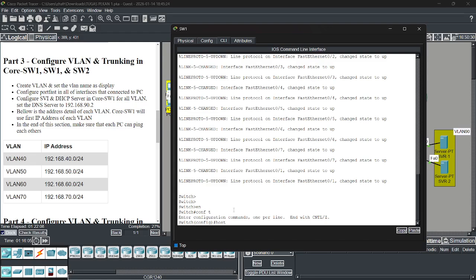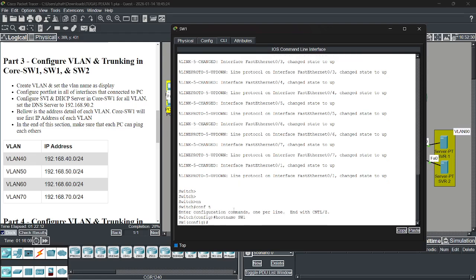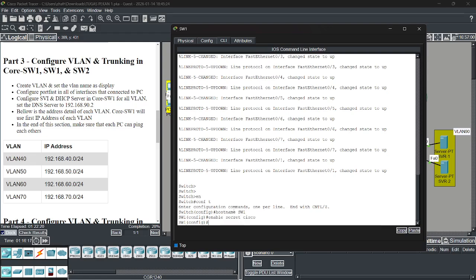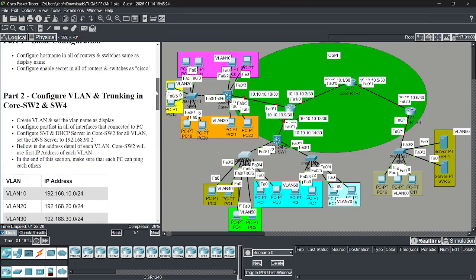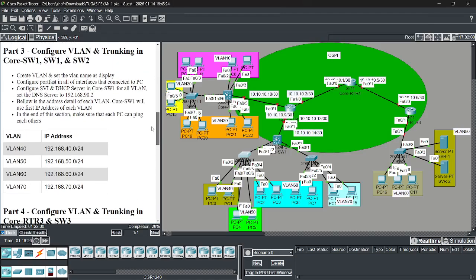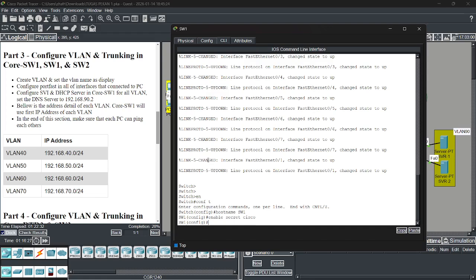Don't forget the hostname is switch 1, and then enable secret Cisco. Okay. After that, yeah, this is the situation.